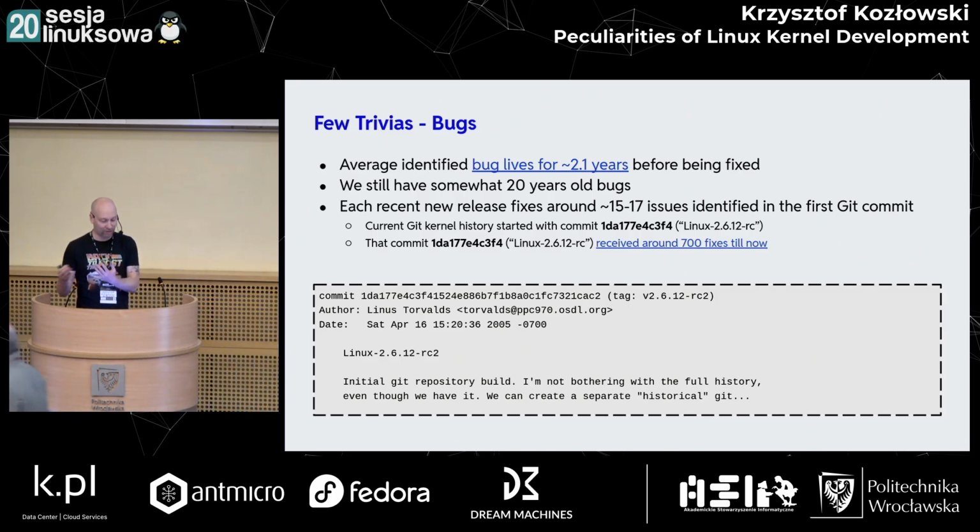So there's a first commit called initial Git repository done 20 years ago, right? So when we say that some bugs are 20 years old, it's basically that they point to this commit, that this commit introduced code which caused, let's say, a problem that was not the best, right? But it doesn't necessarily mean that someone was working on a bug for 20 years, although this is also possible.